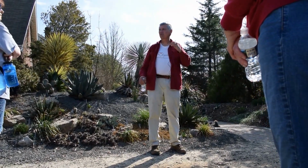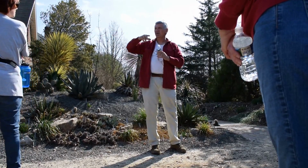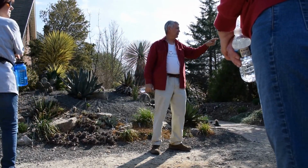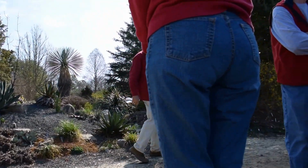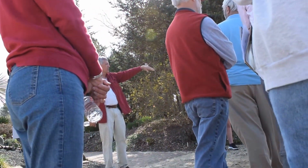Now this afternoon at 2, we're going to have a demonstration right at the end down here of sort of how we do this with rocks. And what we'll talk about this afternoon, one of our staff, Jeremy, who does it, will talk about how he actually makes these rock